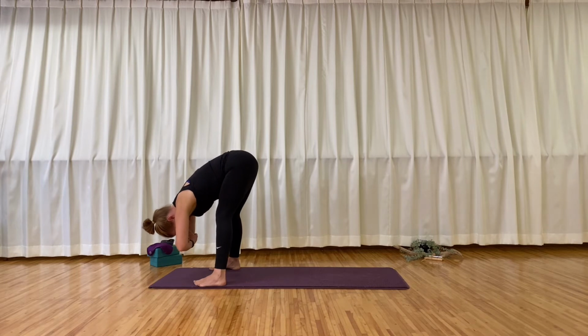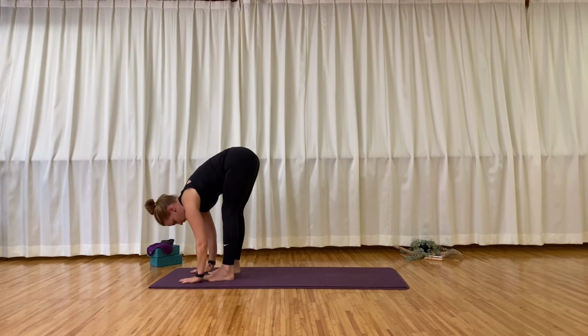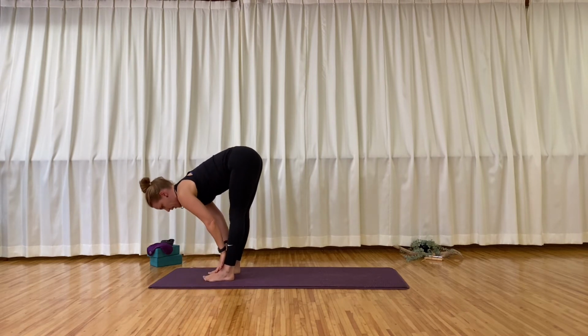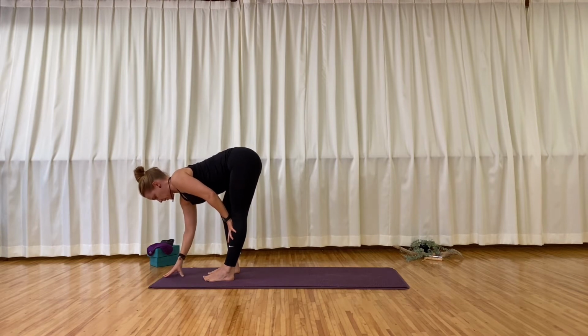Good. And then go ahead and plant your hands down. Walk your feet back to a hip width distance. From here, inhale, halfway lift, flat back. And then as we exhale, we're just going to bend the right knee, plant the right fingertips down right underneath